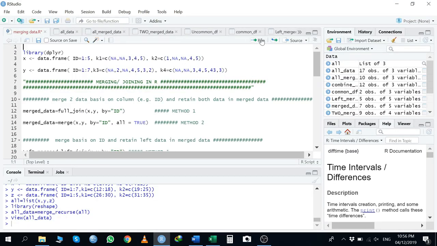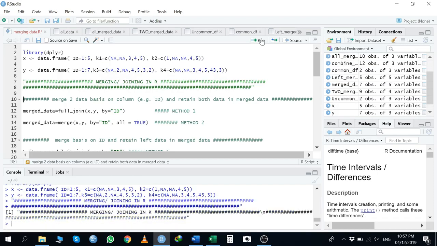Here is my same dataset X and Y, and this is the code of the full join. Here is my first data, here is my second data, and I am going to merge or join the two datasets X and Y on the basis of ID.